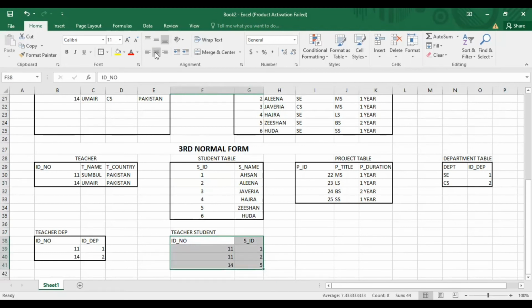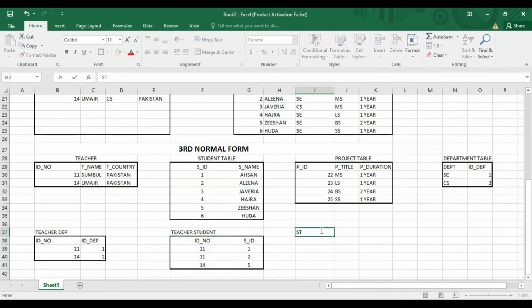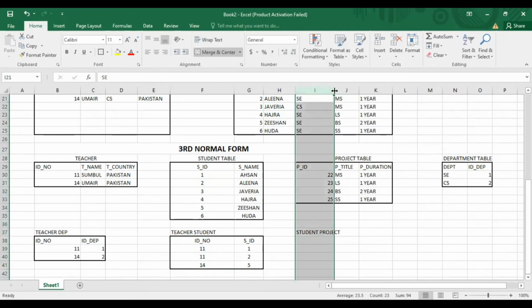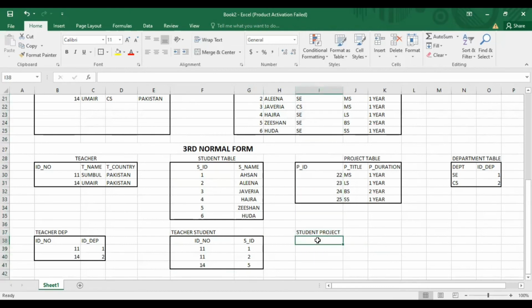Now we will create a relation of student and project. Write the student ID and here write the project ID. Now the first student, SN, is in project number 22, 23, 24, 25.